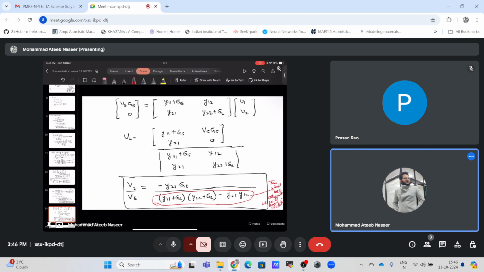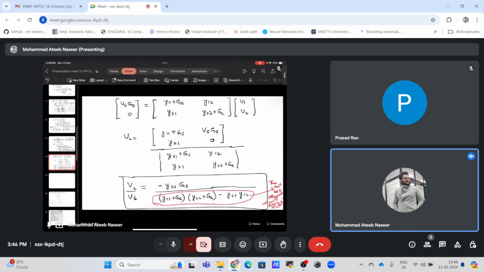That will be, we will be getting some output even when we do not have some input. So what we will do is we will try to minimize this, and try to bring it close to 0, not exactly 0. Okay, so what we can do is we can make use of